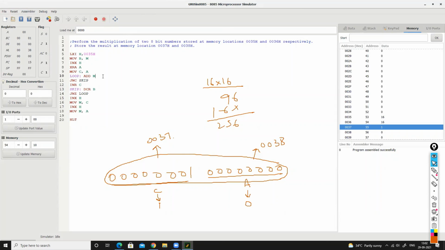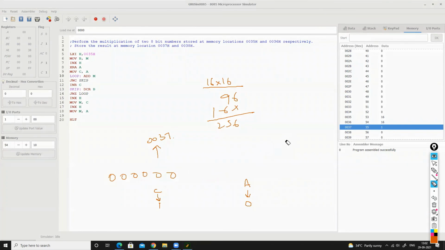Okay. So let me stop this particular video here. Before stopping, I want to give you some assignments that you should try out on your own. That means you have to write programs in JNU SIM 8085.